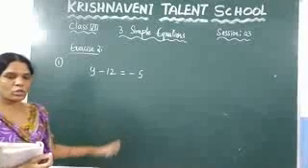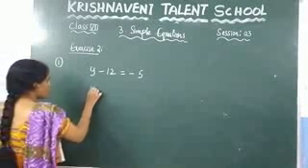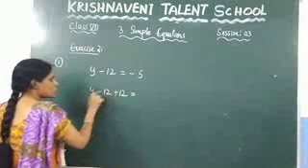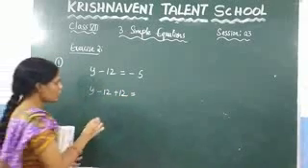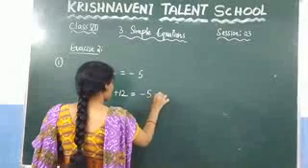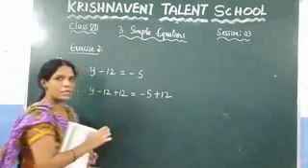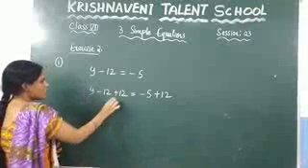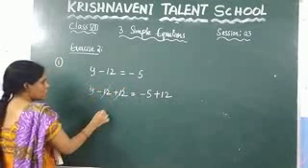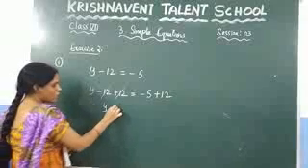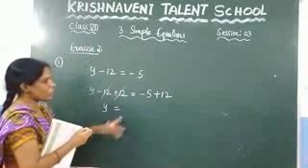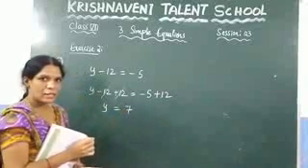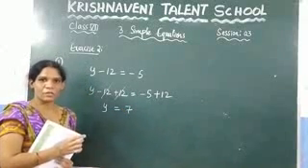You will get 0. So write it here, minus 12 plus 12. Since we are adding plus 12 to the left hand side, you need to add plus 12 to the right hand side also. Right? So here plus 12 and minus 12, which gives you 0. So that means these two we can get cancelled. So what is left here? y is equal to, what is the value of 12 minus 5? Which is nothing but 7. This is nothing but the without transposing method.